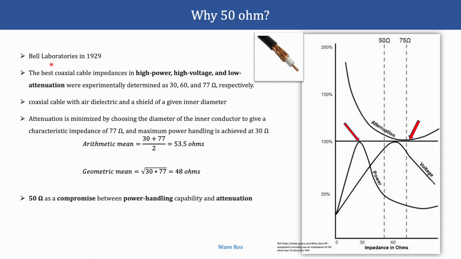So this was actually based on some studies conducted by Bell Laboratories in 1929. They were conducting some studies in order to decide the impedance which can provide high power, high voltage and low attenuation. And they have taken a coaxial cable with air as the dielectric and some particular inner and outer diameter. So these are the characteristics they have studied,